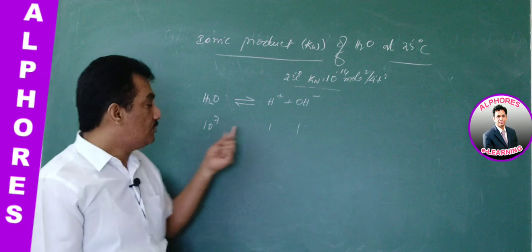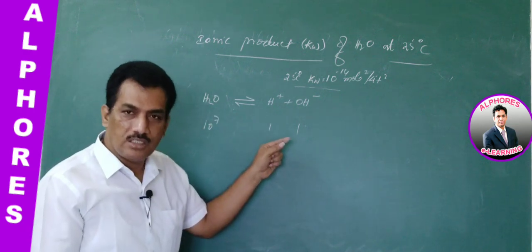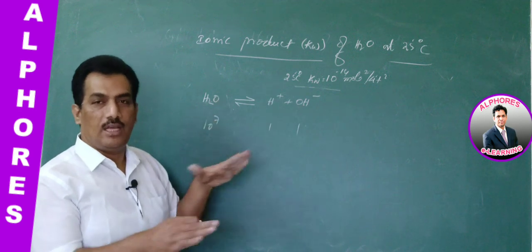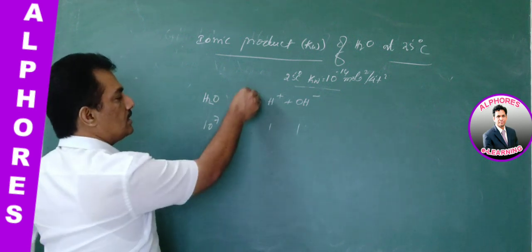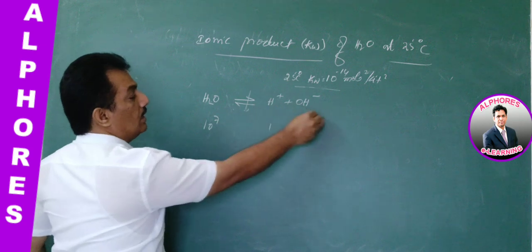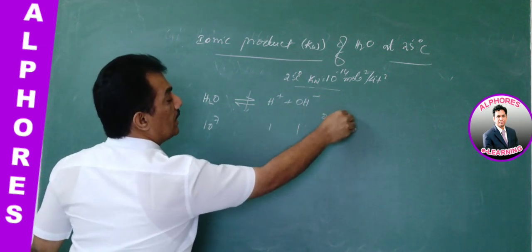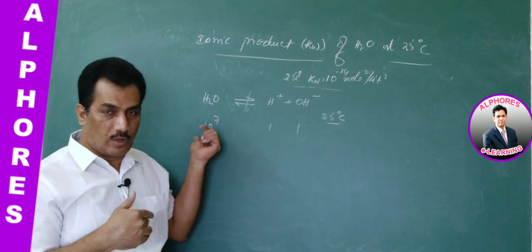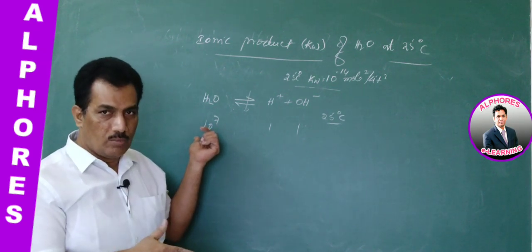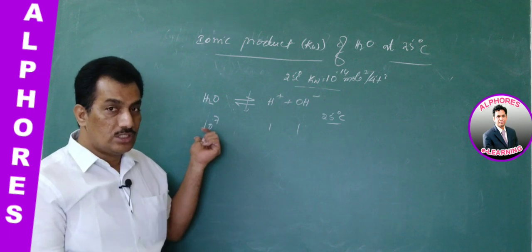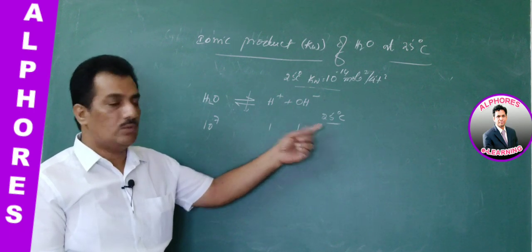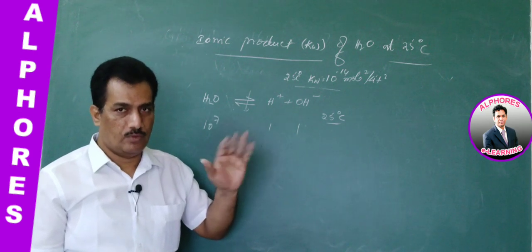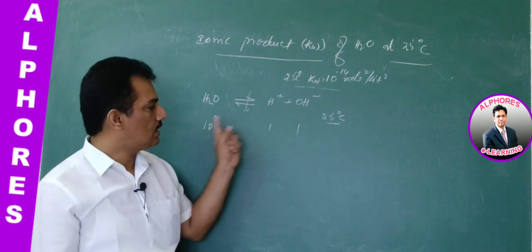And remember, if a second molecule tends to dissociate, at the same time a backward reaction of combining these two to get water will happen. That means here the equilibrium will establish at 25 degrees centigrade. Remember, dissociation is an endothermic process, and thereby the degree of dissociation depends on temperature. So this dissociation of water will be affected only by temperature, no other factor. That's why we are considering it.